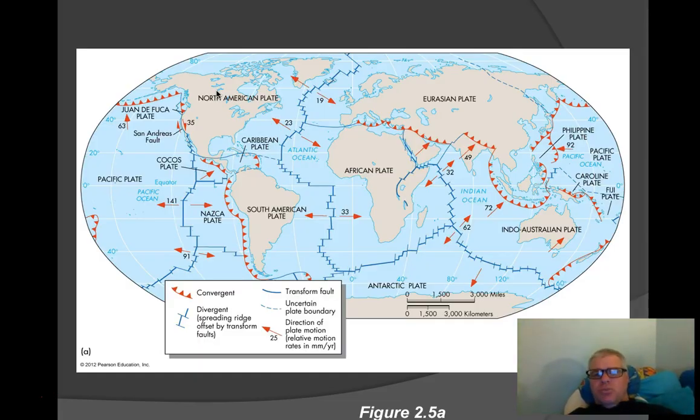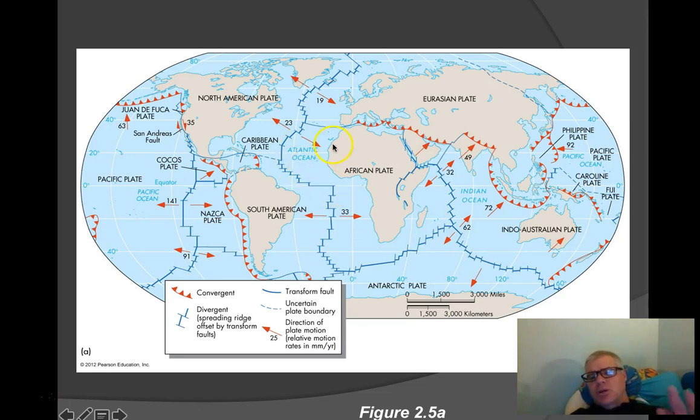And so this is a basic map of how plates move around the Earth. You've got some major plates like the Eurasian plate, the North American plate, the Pacific plate, and the South American plate. And again, the important thing to recognize here is that the plate boundaries, for the most part, tend to be in the ocean. Not all the time, but for a lot of them.